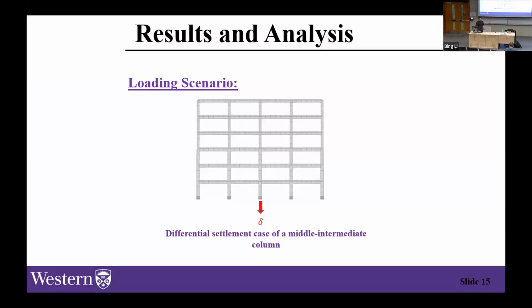So the first thing we did is that for the structure that we designed, we subjected it to a differential settlement of the middle column. So for us to do that, we put the building on springs basically, and we incrementally decreased the spring stiffness in the middle for it to settle basically and experience support loss, similar to what it would experience, for example, in a tunneling activity.